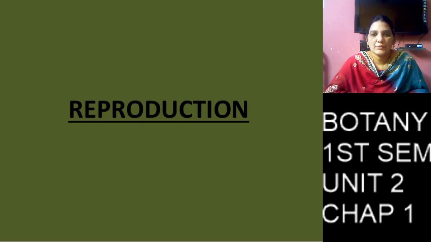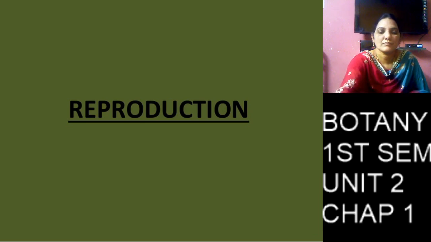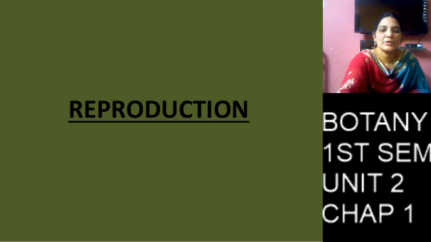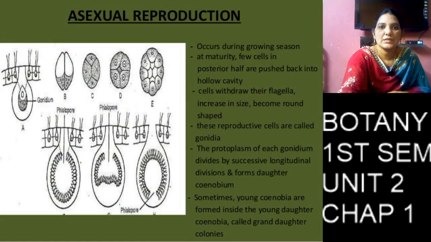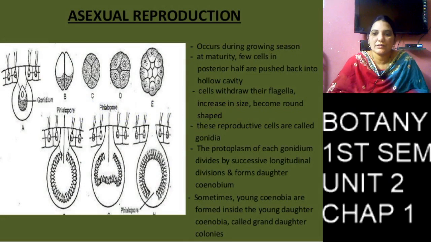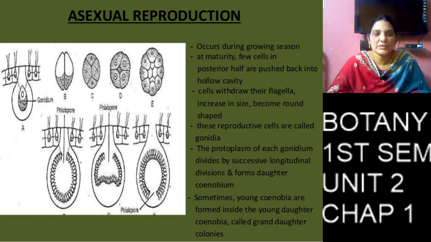Coming to the reproduction. Reproduction takes place by two types: asexual reproduction and sexual reproduction. Asexual reproduction: coming to the first stage, in the Cenobium,